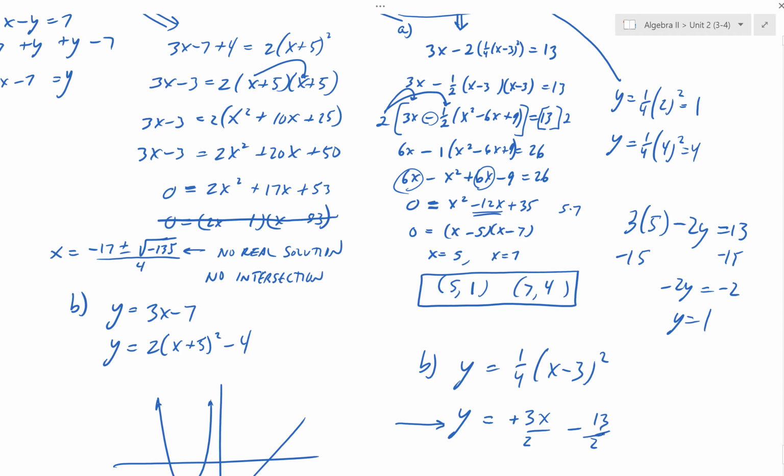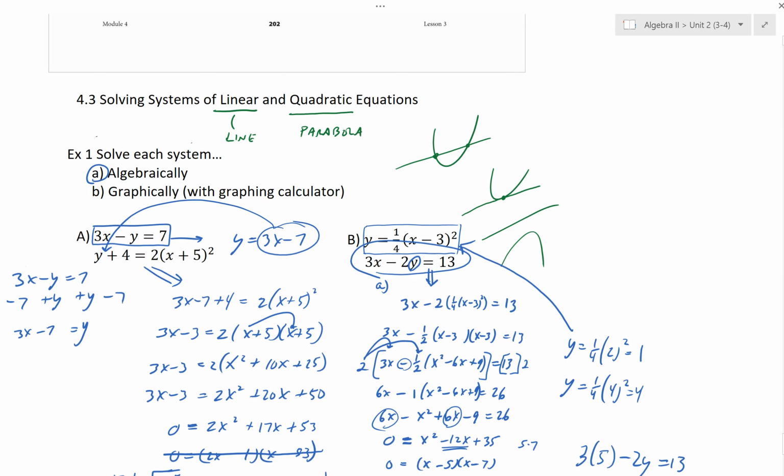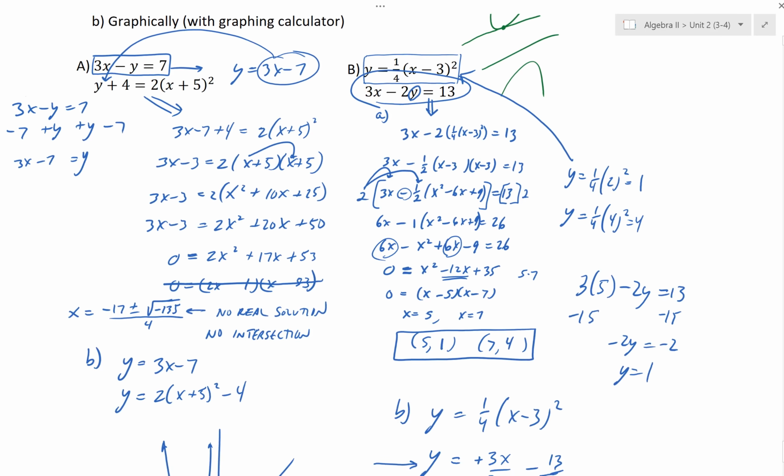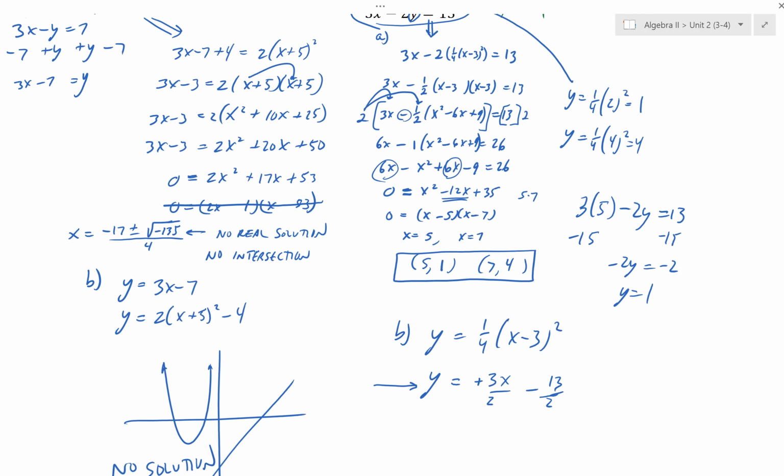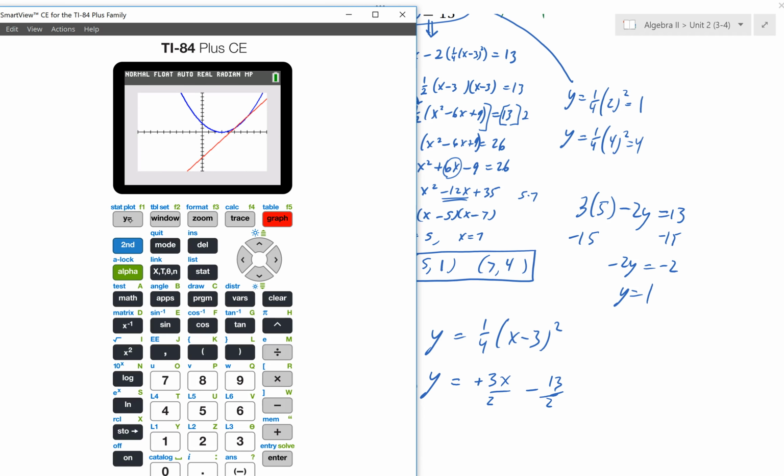It was 3x minus 2y equals 13. Because, Mr. Dixon, when I graph, it goes into like a scatter plot type thing, kind of like this. Okay, so I